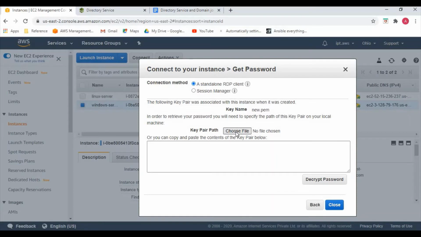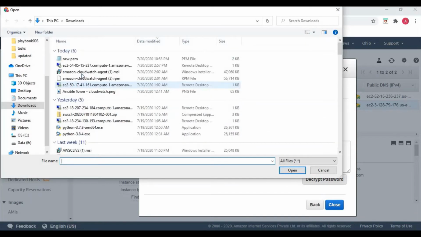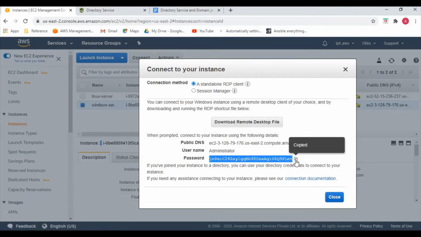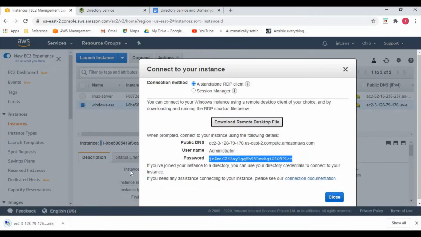I'm just connecting to the server. So there are multiple ways where we can log into the EC2 instance, wherein this is one of the ways where you're using a PEM file or PPK file for Linux. Another way is to create local users, as you would have seen in our previous video. You can also create a local user in the server and then you can log in. And the other way is the Active Directory way, where you can log into the server after domain join. You can use the AD credential to log into the server. You can also create a group and they can log in.